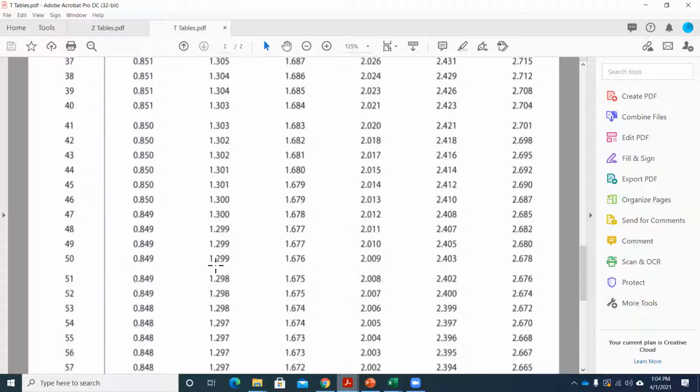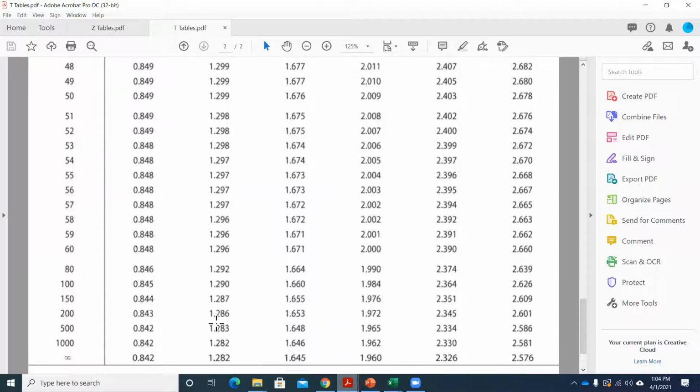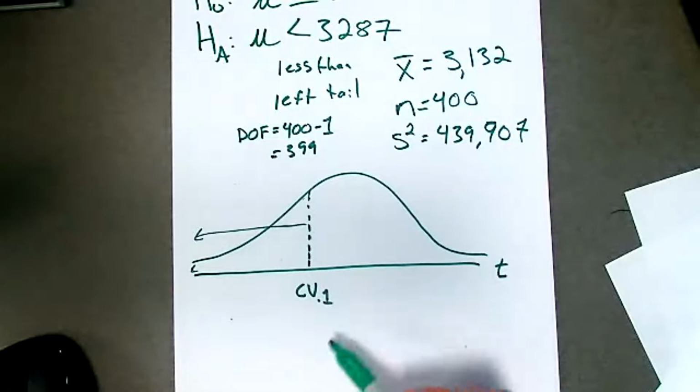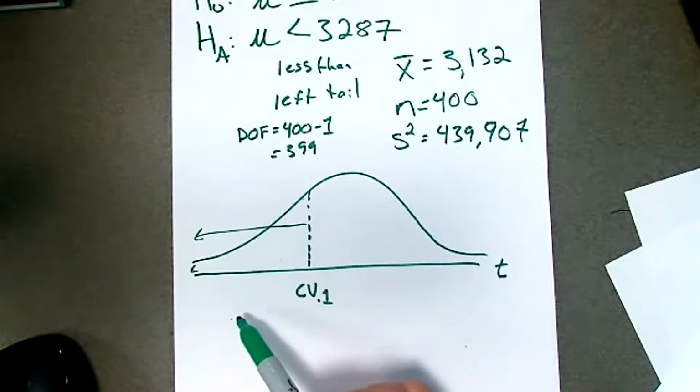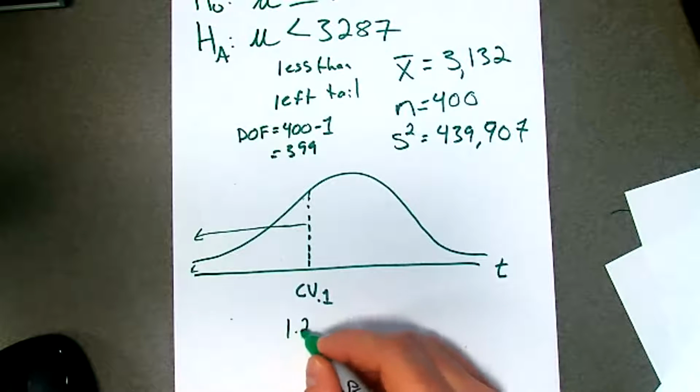So I scroll down, 0.1 in the tail at the closest degrees of freedom, 1.283. Now the issue is 1.283 is actually not my critical value, because our student t-table only looks at the right side of the distribution. If I want to look at the left side of the distribution, it'll give me the value,